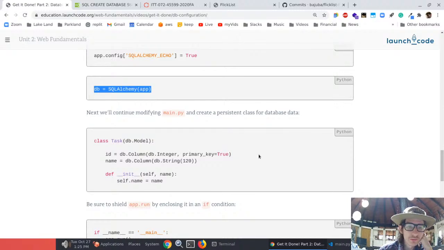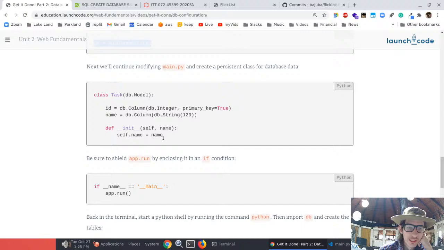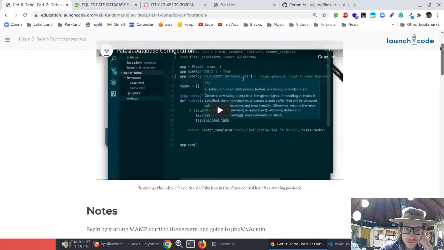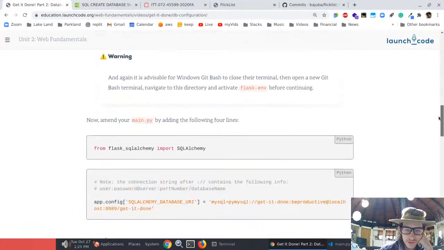Alright, so here in this example they are creating, what is this? This is the get it done database. So they have a class of,